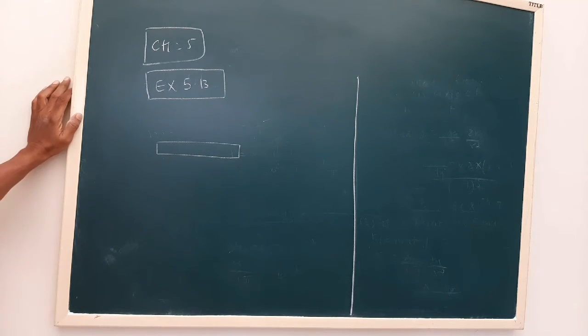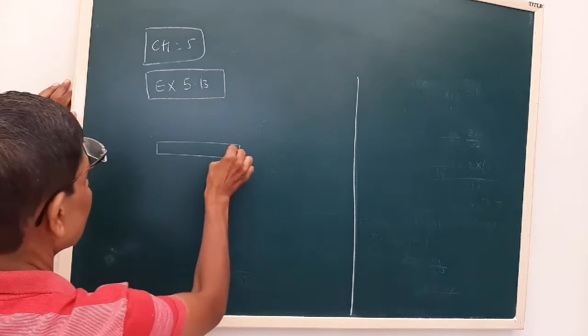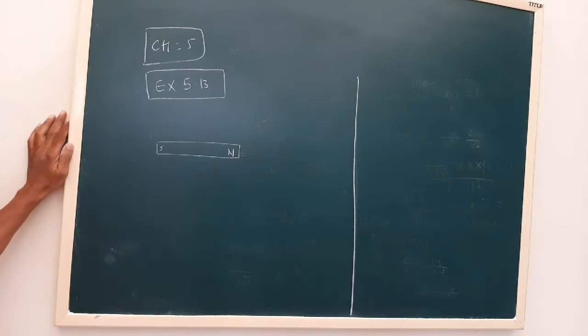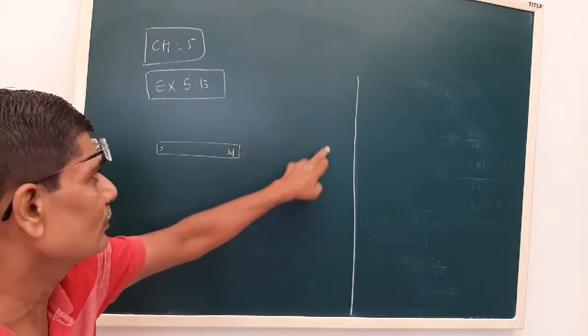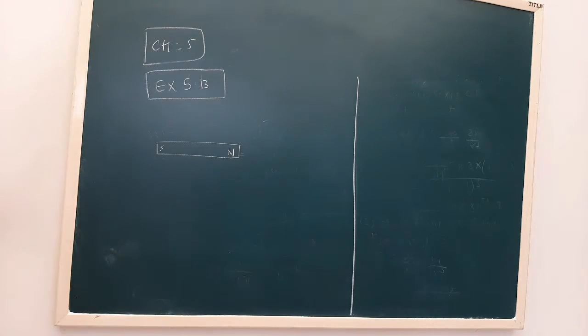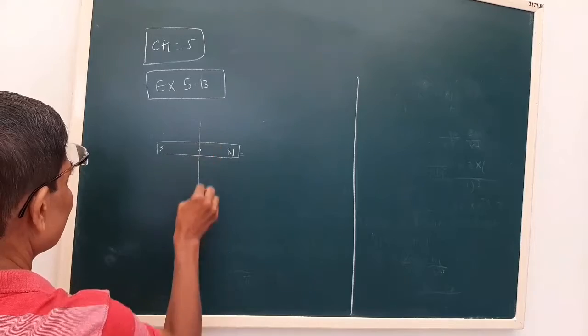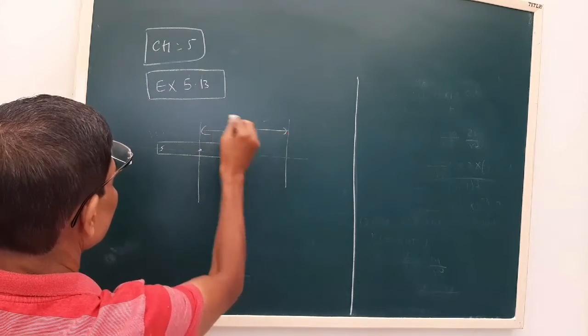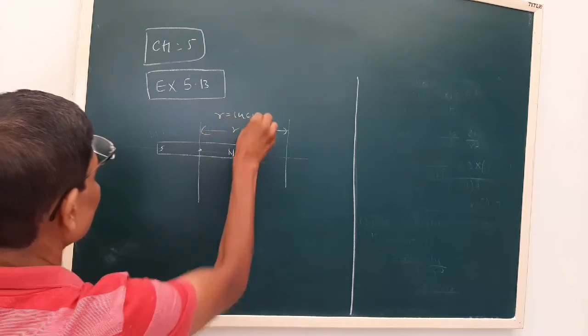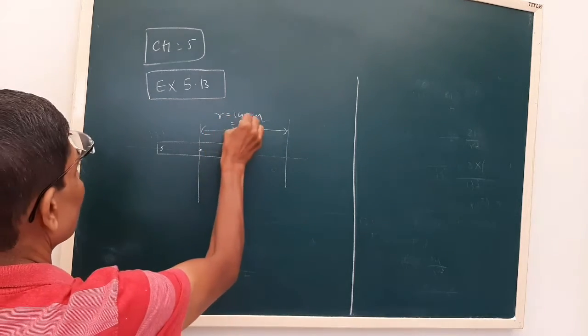Okay, now let us say, see the bar magnet, see the north of the bar magnet, and see it is the magnetic south. That we have to keep in mind. The null points are found on the axis at 14 centimeter from the center of the magnet. Now this is the center of the magnet. See, the null point is somewhere here. R is given as 14 centimeter, or 0.14 meter.